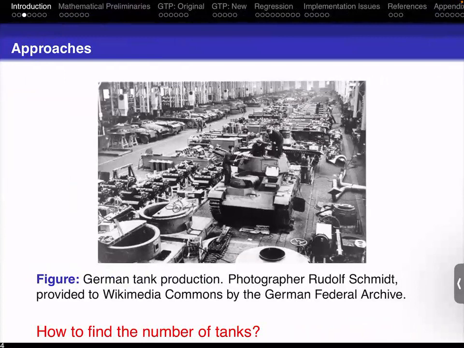One possibility is for Churchill to just call up Hitler and say, hey, excuse me, we're having a meeting. We need to know how many tanks you're producing each month. Would you mind letting me know? I think we all know that this is not going to work. So how could the British find out how many tanks the Germans are producing? What could they do?